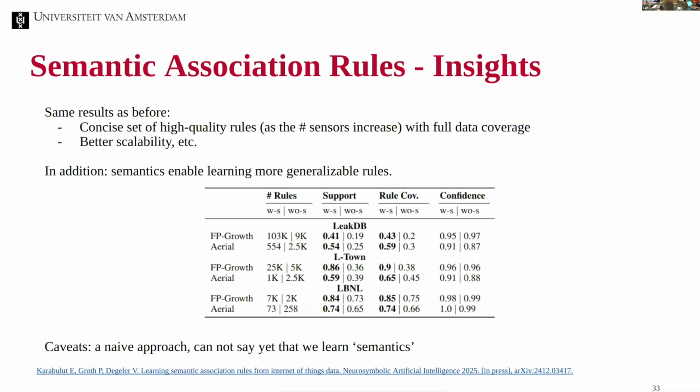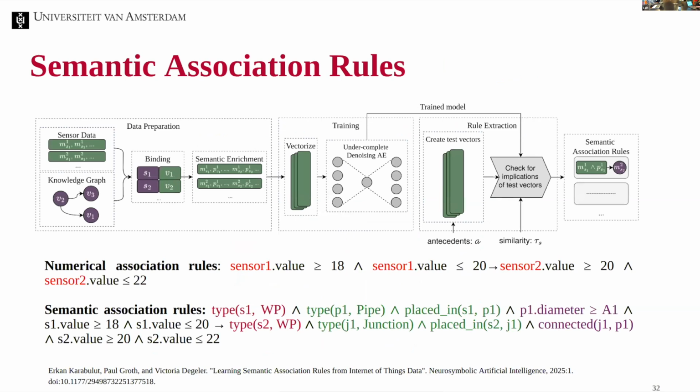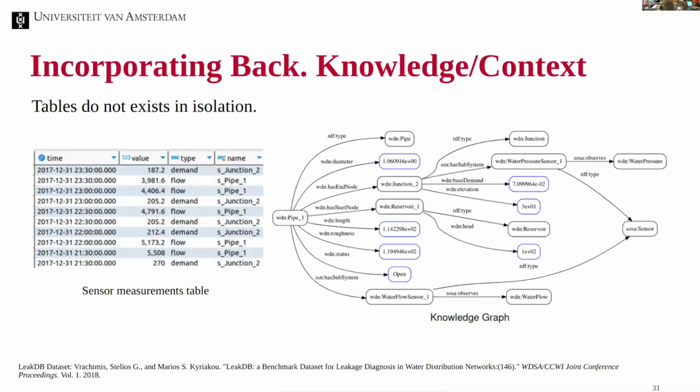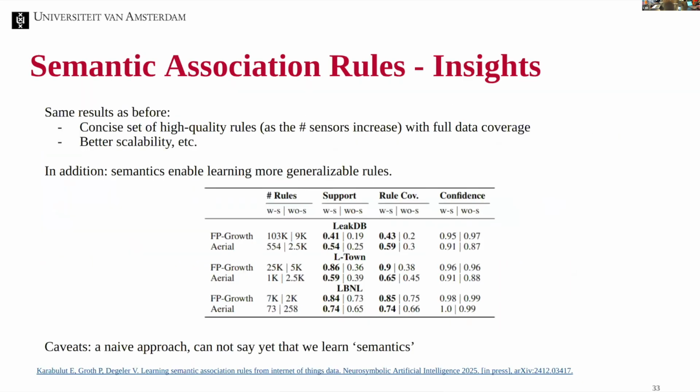So we also apply this on medical data sets. Let's say you have blood count measurements, and then you have a knowledge graph that describes the known relations between matters, between diseases, etc. So you can take that as a knowledge graph, known diseases, known relations between matters, and the blood count measurements. So you can also do the semantic enrichment here as well. So it doesn't only apply to cyber physical systems, but also to other domains.